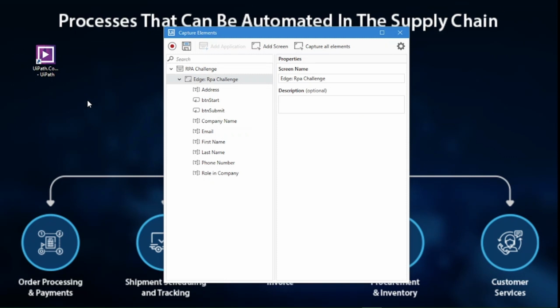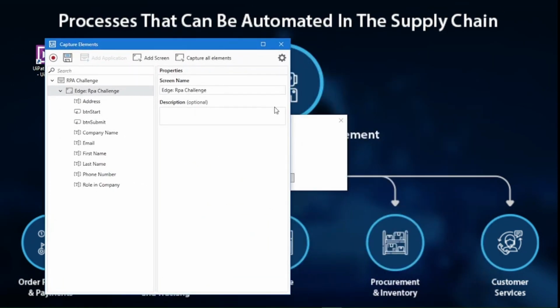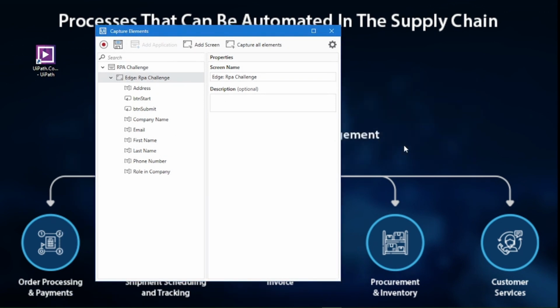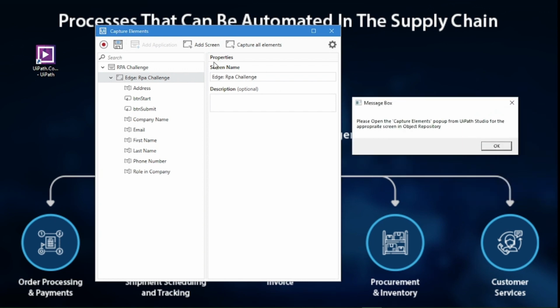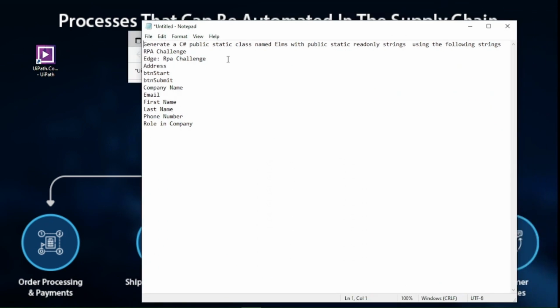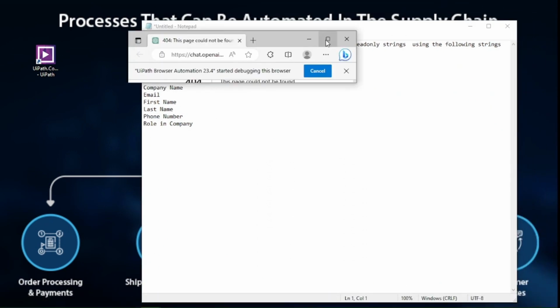So we run this, and it pops up with a message that's asking me either to get Excel headers or the object repository text. In this case, we want the object repository text. So I'll click on that, and a message box pops up and asks me to open the particular screen that I'm interested in. So I've already done that, so I'll just click OK, and then it will extract the strings for me and put them into a notepad file. So basically paste them into a notepad file. It just saves me from